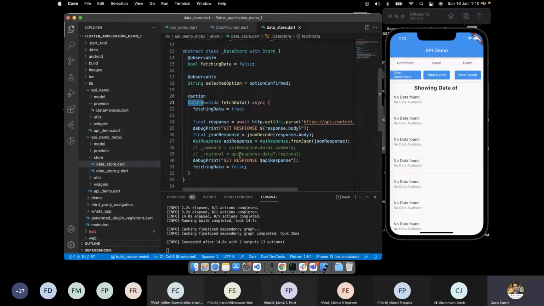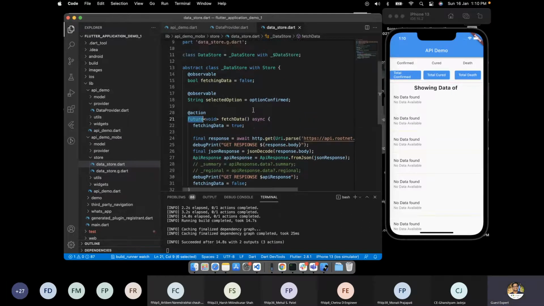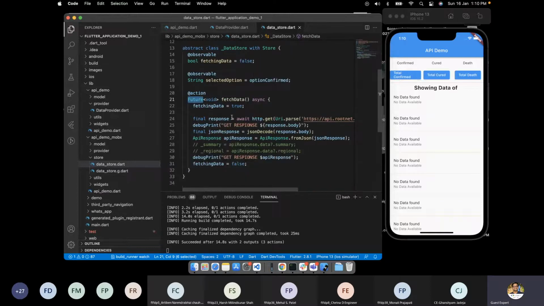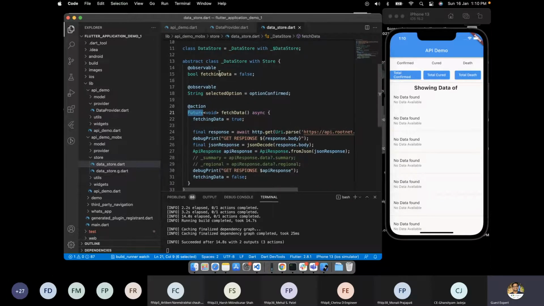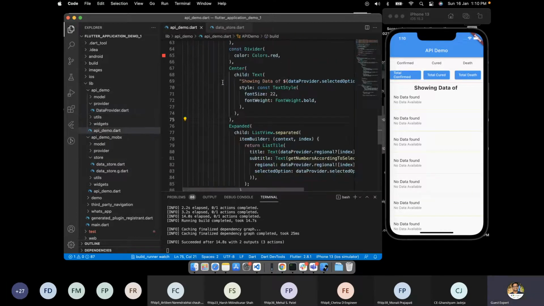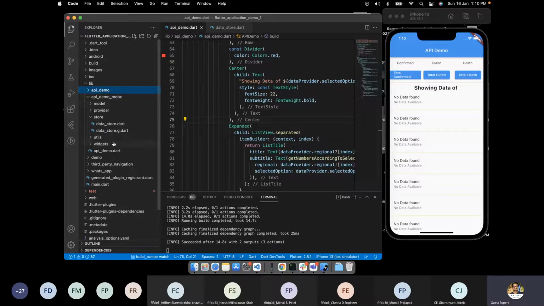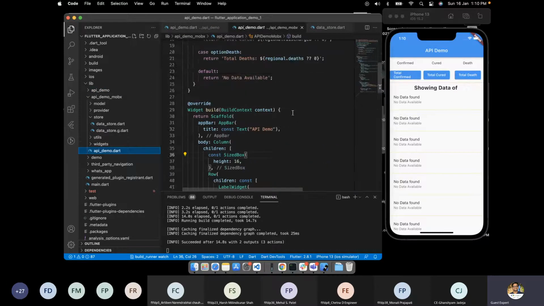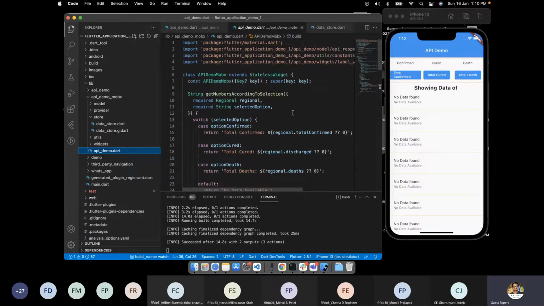Now here comes the main part. Now we have this store. We are resetting the data, and now we want to use this over here in data providers. Sorry, in our API demo. This is API demo 1 or 2? Okay, we need to go to API demo 2 here. And here we want to utilize the same thing.